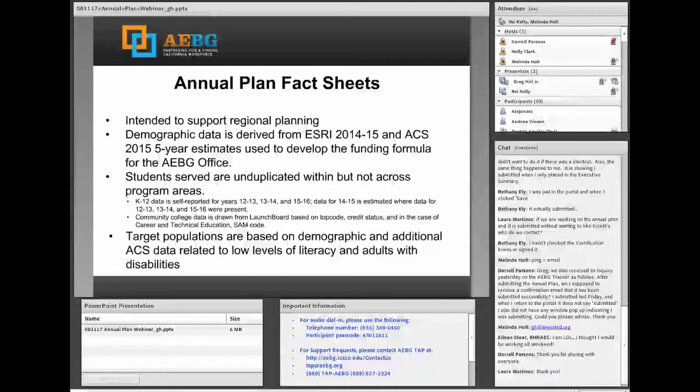That data is pulled from ESRI as well as ACS 2015 5-year estimates. Neil, if you want to get into any granularity on that, those were broken out by consortium area, and so those were the data.